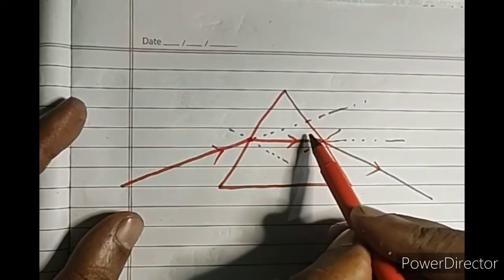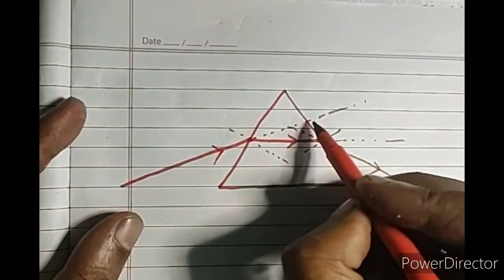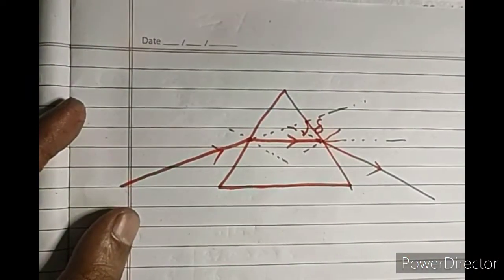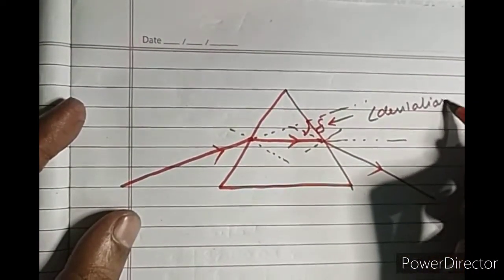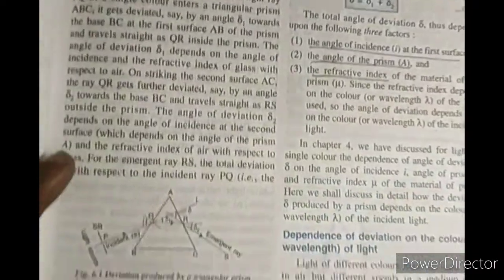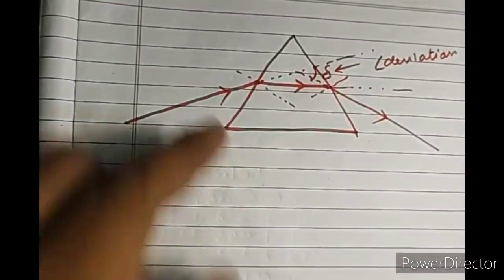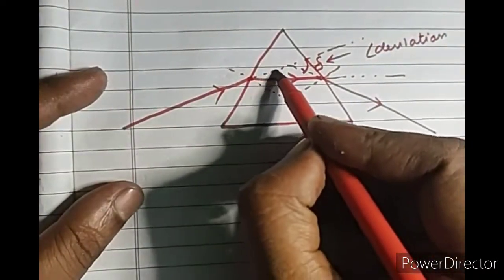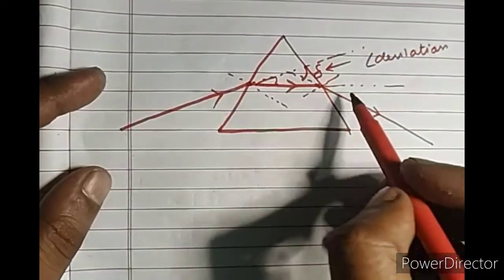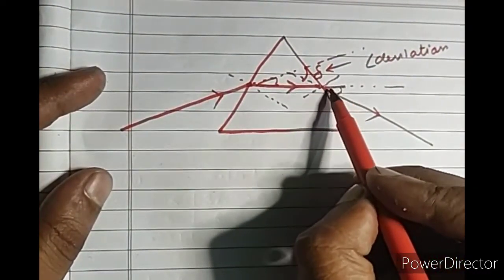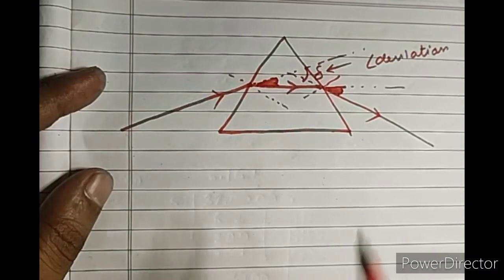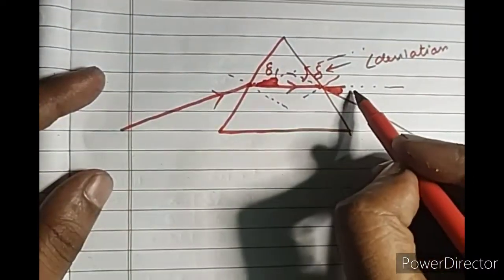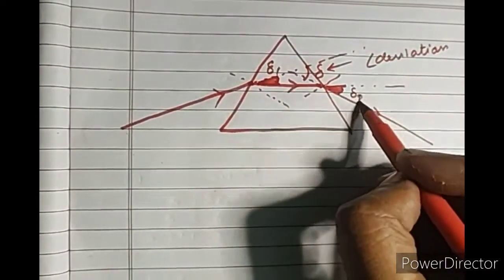So if we retrace back the deviated ray, here we will get the angle of deviation. Okay, this is called the angle of deviation, as you can see in the image over here also. Now you can see two angles of deviation over here, that is, one it is deviating through this much angle, and one it is deviating through this much angle from its mean path. If I paint this, these are the two angles by which it is deviating. So let this be known as delta 1 and this be known as delta 2.